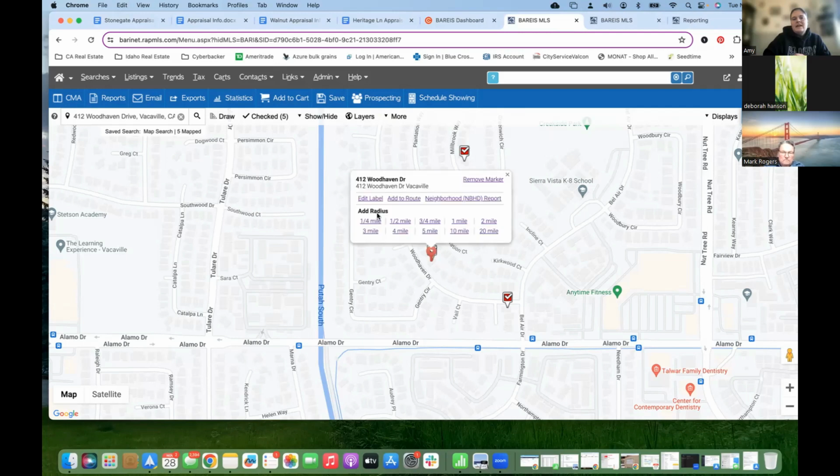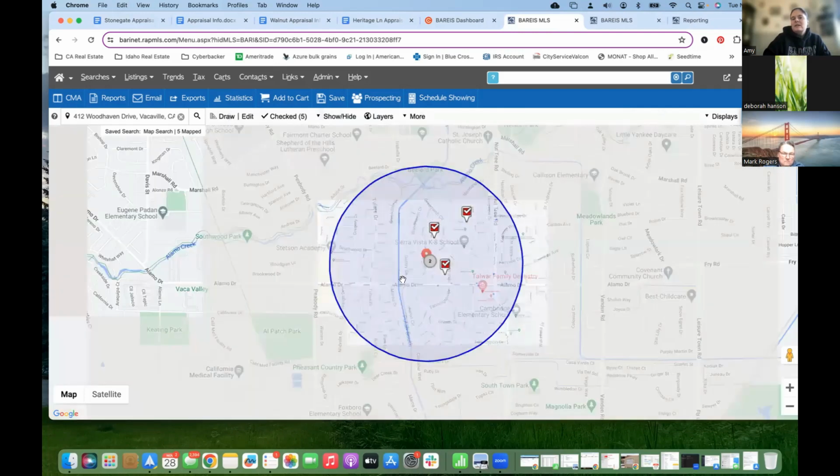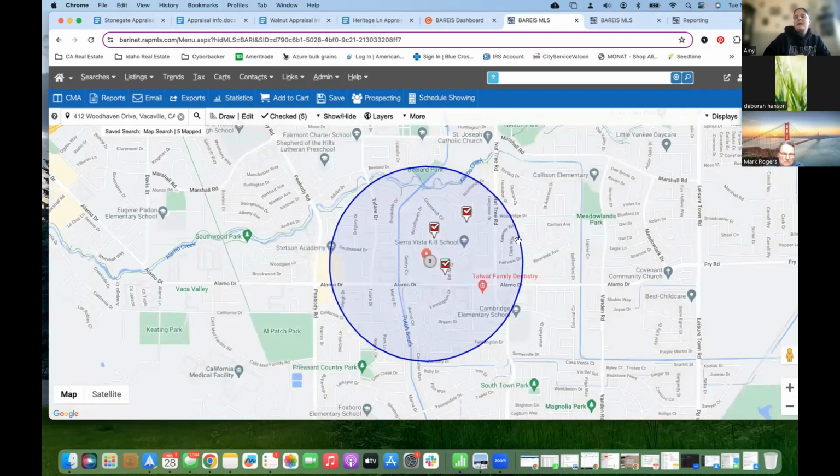usually, I can add a radius search. So I could say, hey, I want a 1/2 mile radius. So maybe inside this neighborhood, there weren't enough comps. Then I might go out to a 1/2 mile radius, or I might go to the next neighborhood over, but this allows me to kind of see what does that look like, right? So there's lots of different ways to pull those comps,